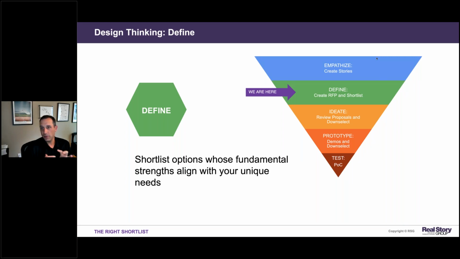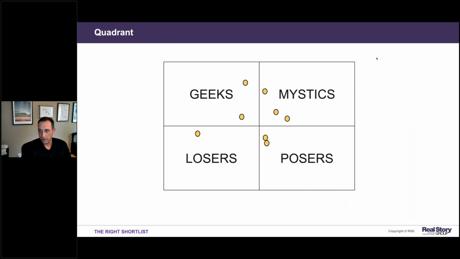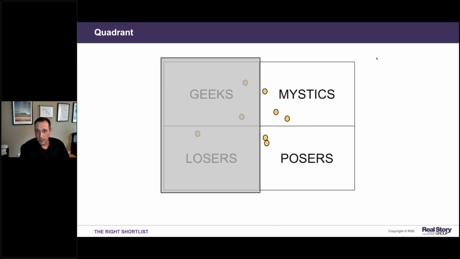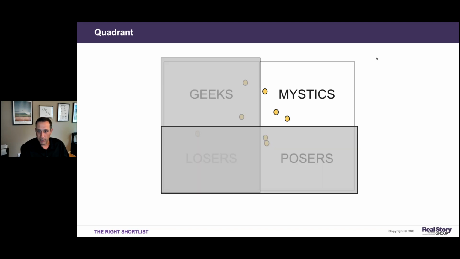Once you have those use case scenarios, those stories created, next we want to get to that definition phase, and this is really all about getting that right shortlist. It's really easy to make mistakes in putting the wrong vendors on a shortlist in today's day and age, because there's so many options, like we talked about. And so it's really easy to go look for that one-size-fits-all snapshot of a particular marketplace, and then what happens? You just look in the upper right hand corner and make that your shortlist.